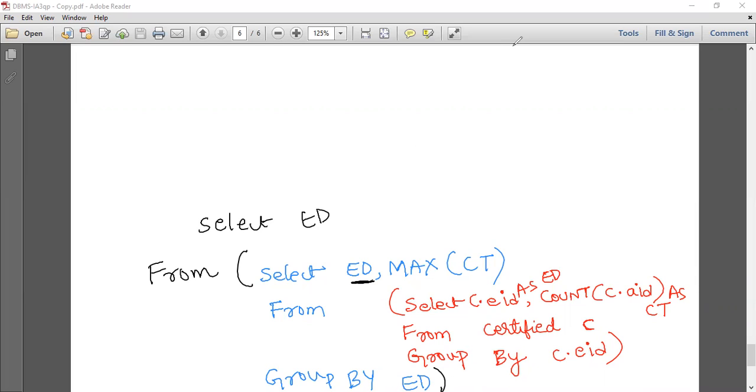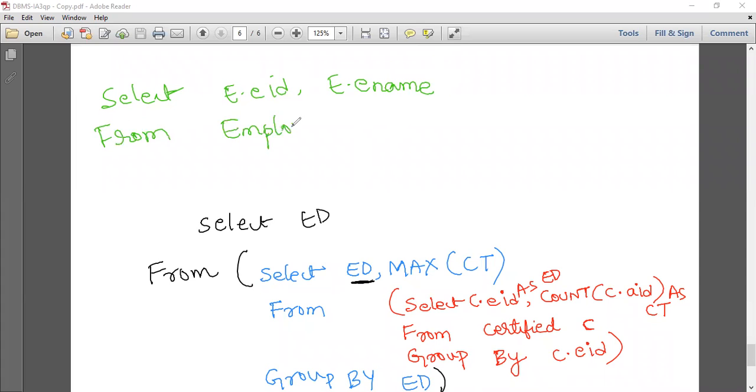Next one more we need to put, that is select e dot eid comma e dot e name. So e dot employee name. From, so from which table? From employee table. So let us call this as e,